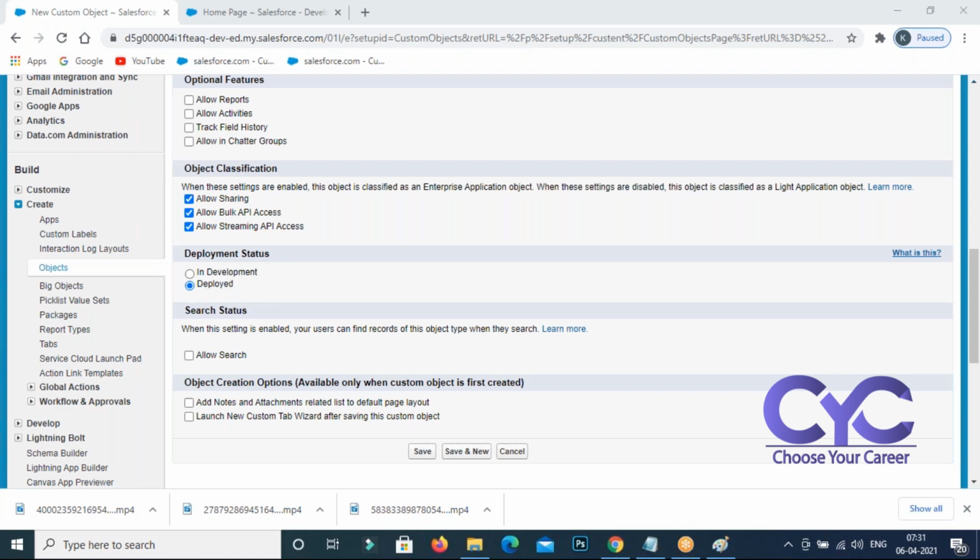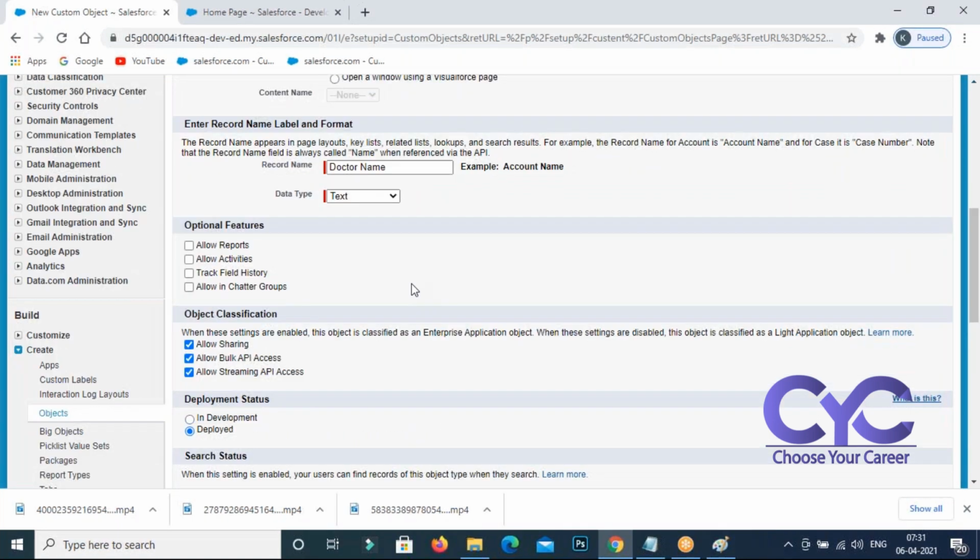If you are getting any confusion, I can explain it if you want. Our trial account is a production environment. Strongly keep it in your mind. So you are creating the object directly in the production. Currently we are not working on the sandbox. Got it? Our trial account is a production. That's why I said deployed. Deployed means the object is there in the production. We are creating this object in the production.